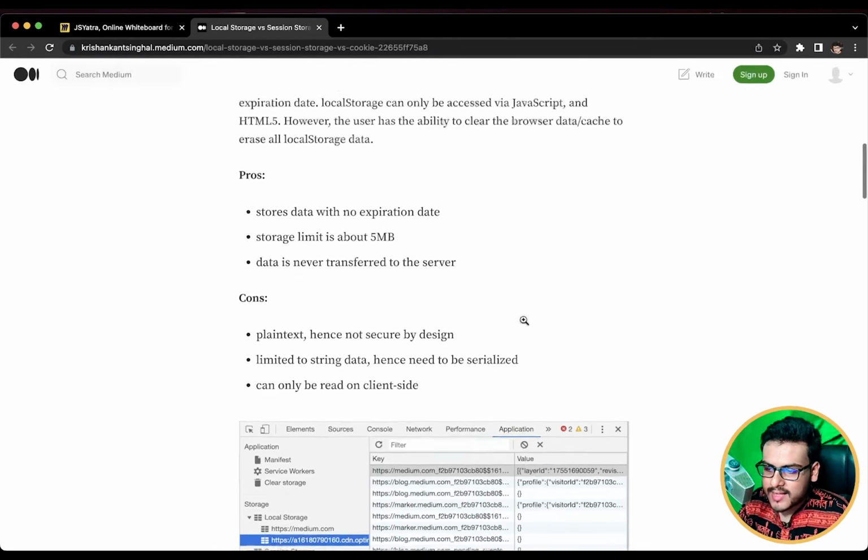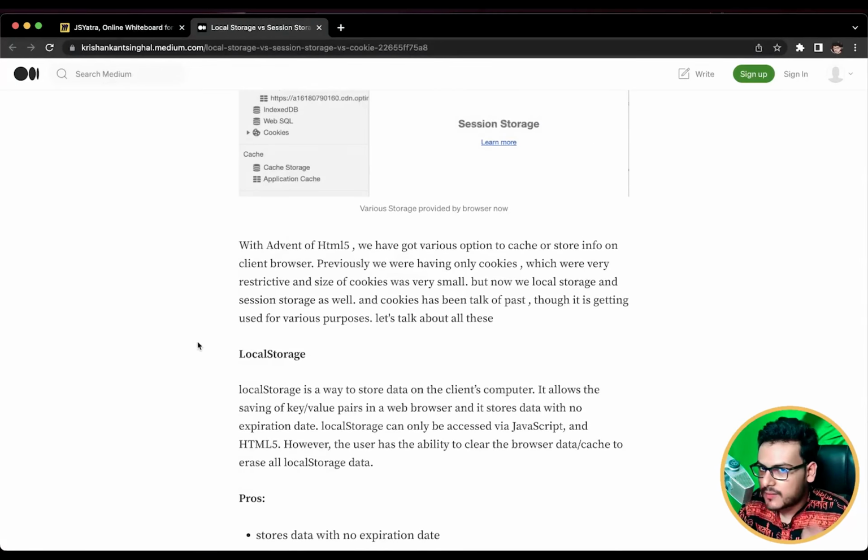So what else? We have discussed local storage, session storage, and cookies. Cookies were a problem because of the size, and again they have an expiration date. Session storage has a good size, but it is going to destroy the session after closing. Local storage is going to keep data forever, but the size is very small and it is very insecure, and the data is stored in the form of strings. So these three are not matching our cases.